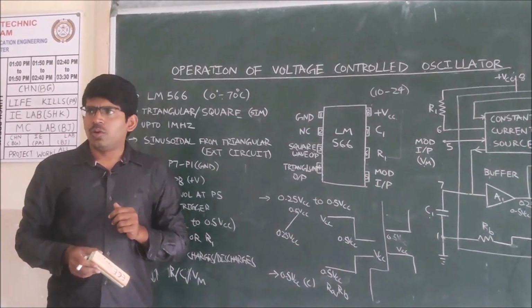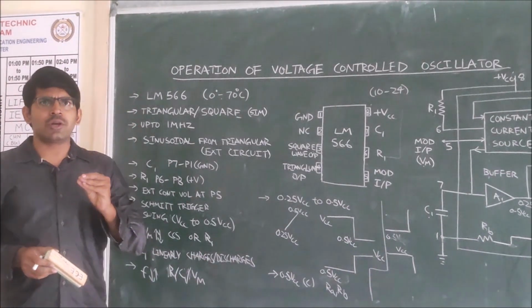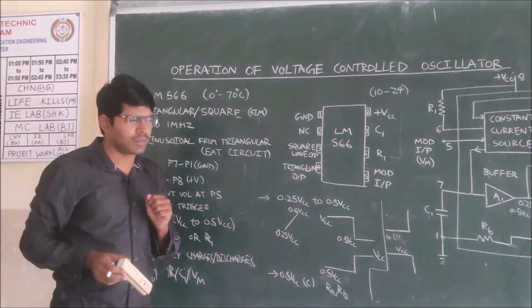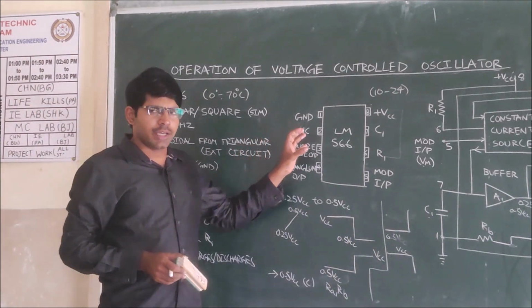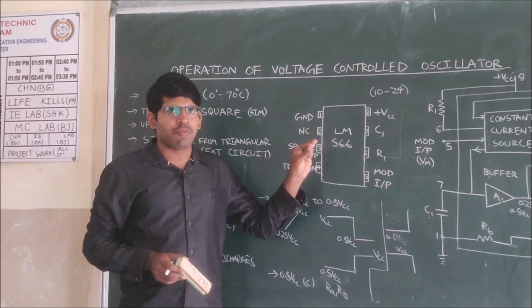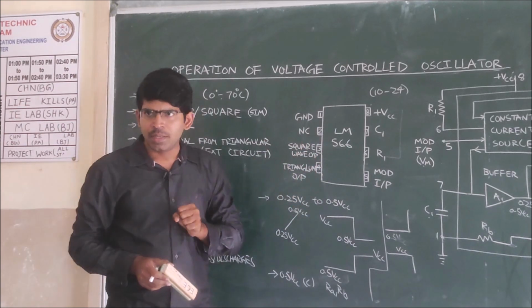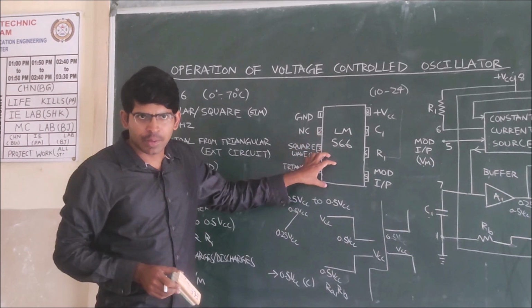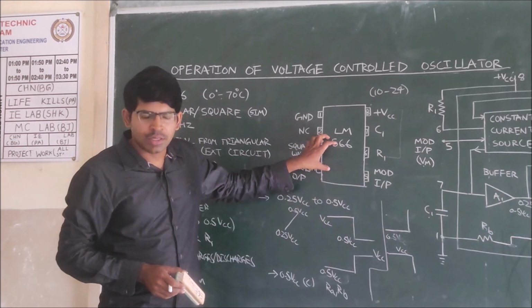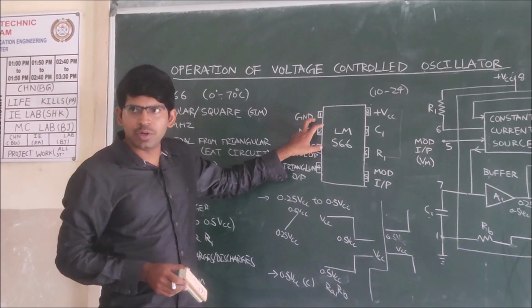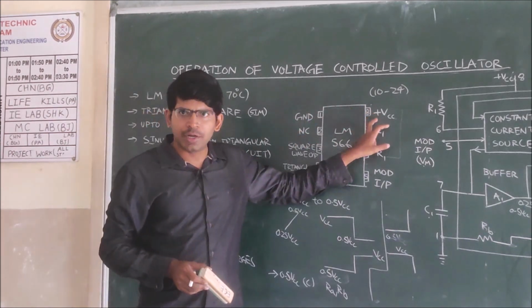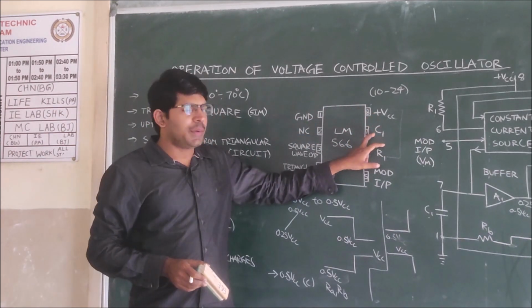Now we are discussing the voltage controlled oscillator. We have a specific IC for this, that is LM566. This is an 8-pin IC. In this IC, the pin configuration: we connect pin 1 to ground and pin number 8 to supply, and pin number